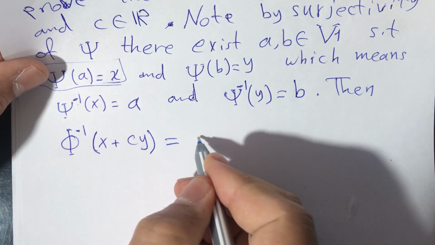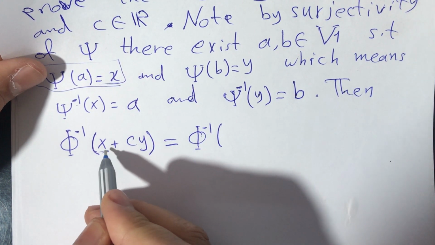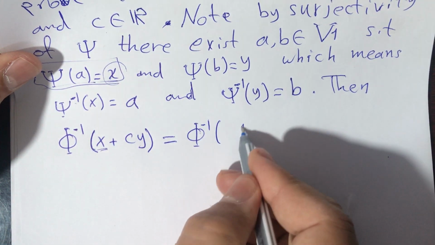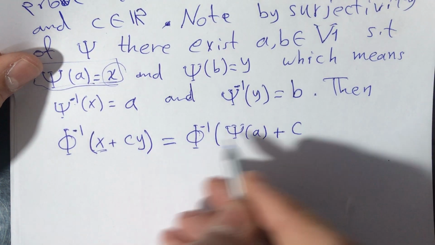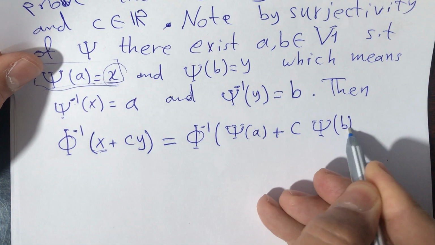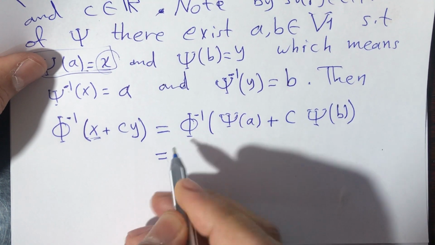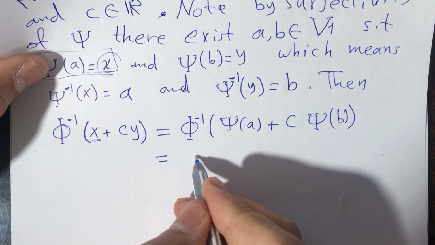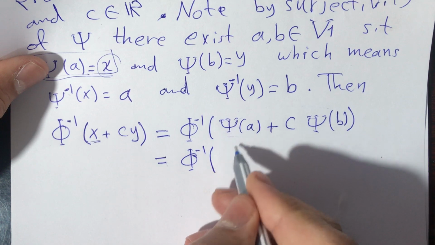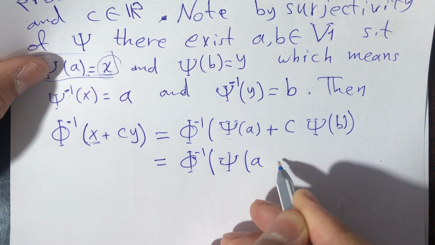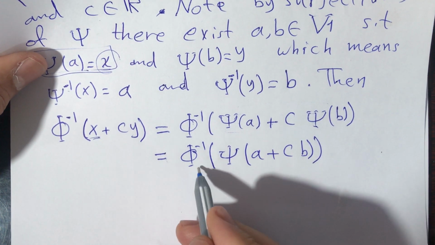This is equal to phi inverse of, and x is equal to phi of a, plus c the same, and y is equal to phi of b, because phi is onto, and this is equal to phi inverse, and this phi is linear, so this is equal to phi of a plus cb, and this is